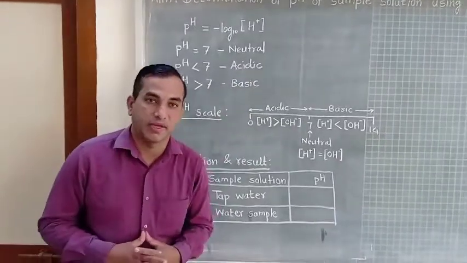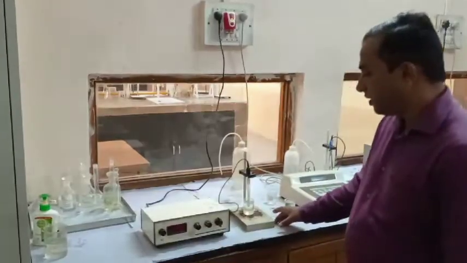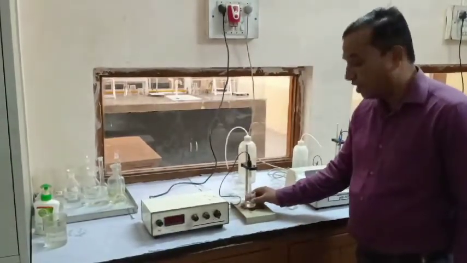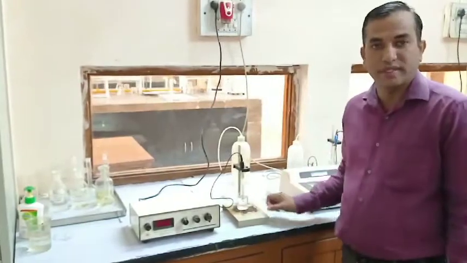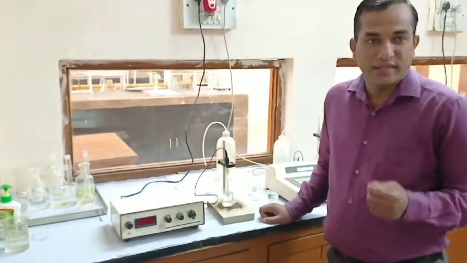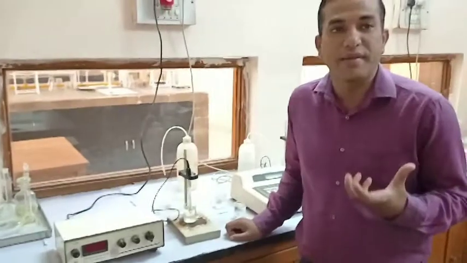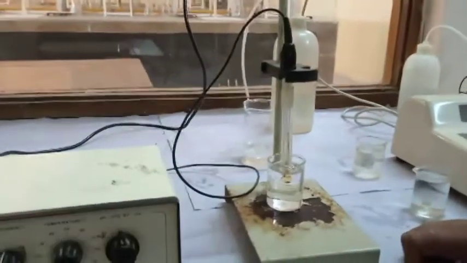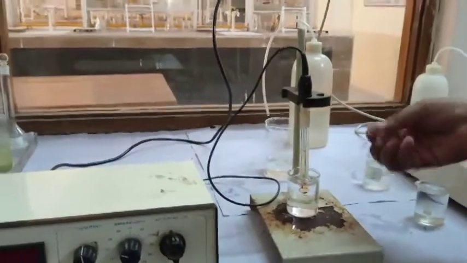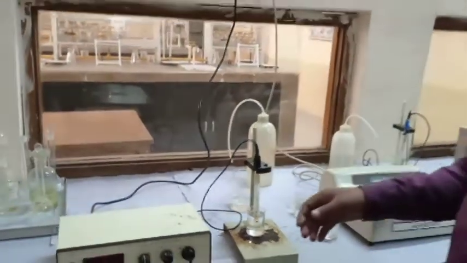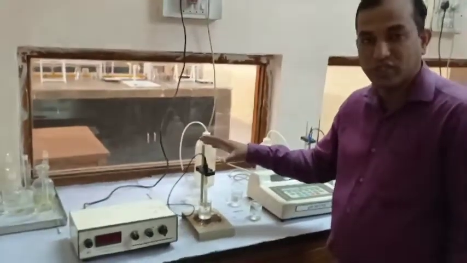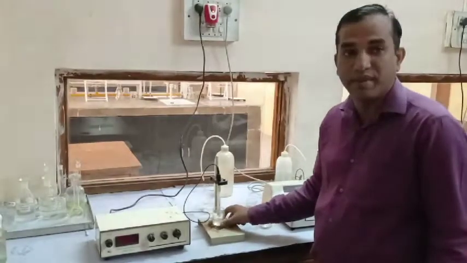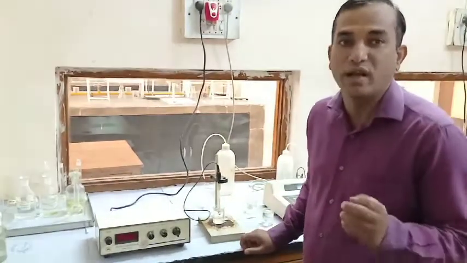So this is the pH meter, which consists of this electrode called a glass electrode, which is a membrane sensitive electrode which counts the hydrogen ions present in the given water sample, because pH is inversely proportional to the hydrogen ion concentration. So here we are finding how many hydrogen ions are present in the given sample. This electrode is used to sense hydrogen ions in a solution. That's why it is called a membrane sensitive electrode, or simply a glass electrode.